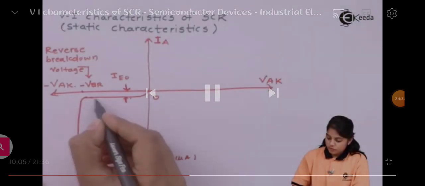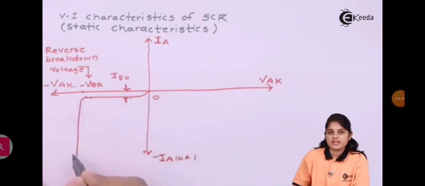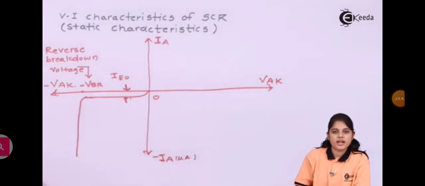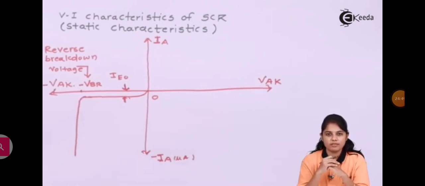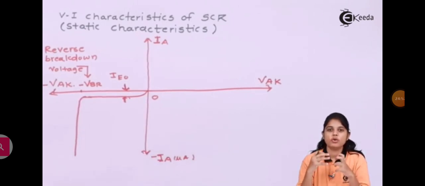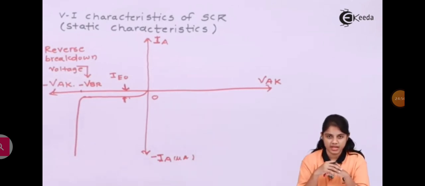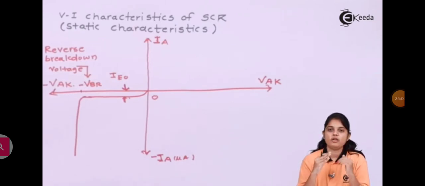Now if you see the characteristics, this is similar to the normal diode VI characteristics in reverse bias condition. But here also the disadvantage of this large current flowing through the SCR is that due to overheating, the SCR may get damaged in a reverse blocking state. So it is not applicable for the SCR to be used in a reverse blocking state. So it is always avoided to increase the negative voltage potential if the SCR is connected in the reverse bias condition.